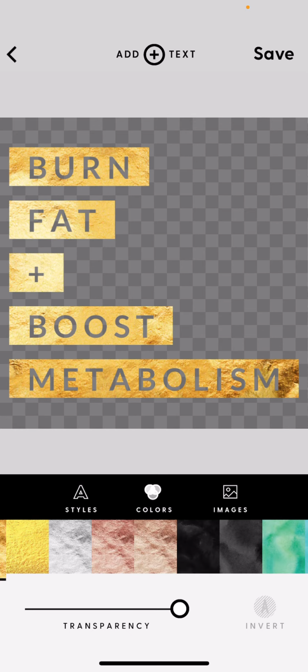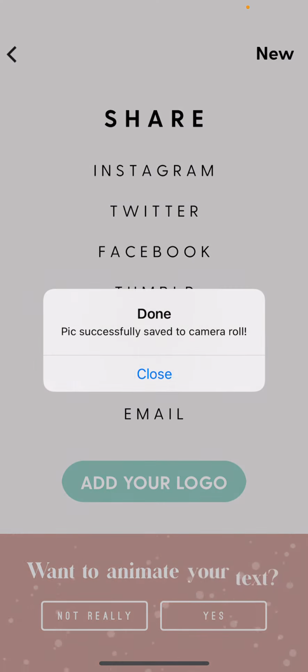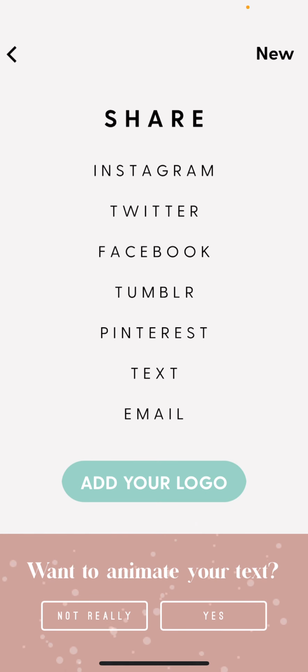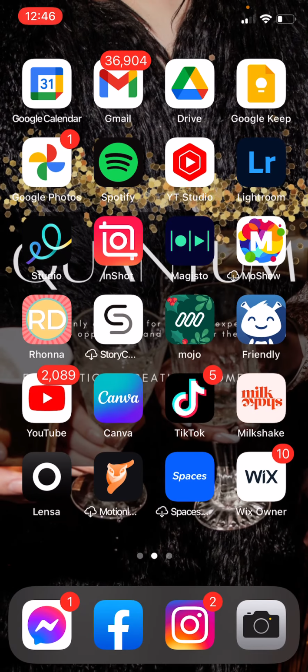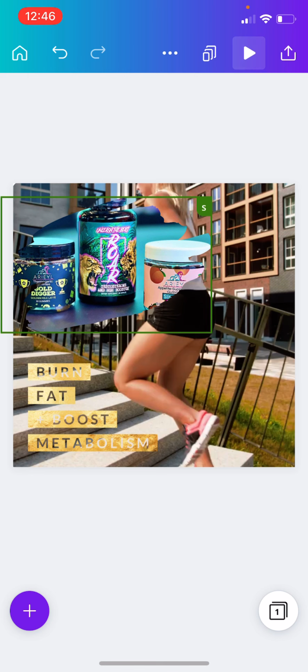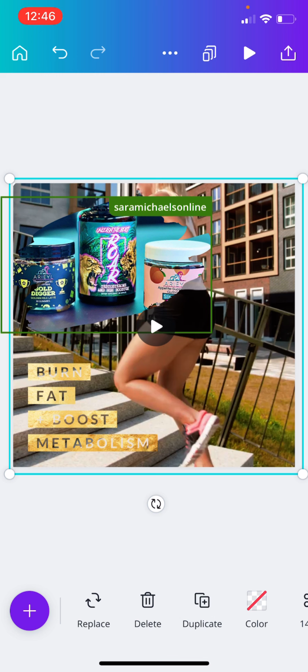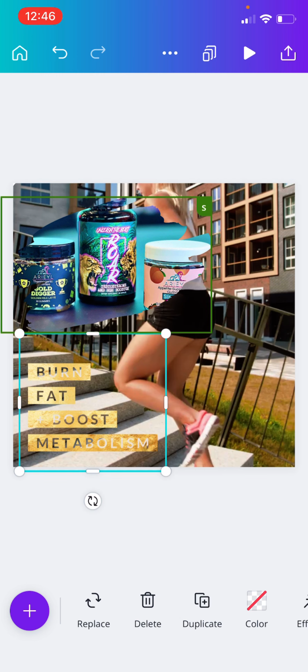And now I'm going to go ahead and click save, which is going to save to my camera roll. Okay, and now what I'm going to do is go into Canva, and as I am working on creating this image, I'm going to go ahead and